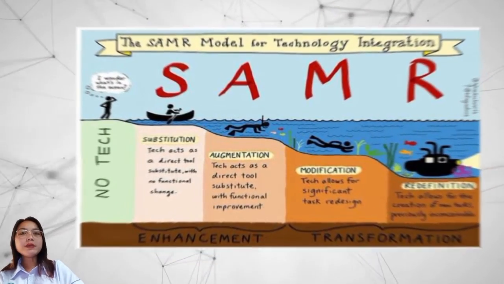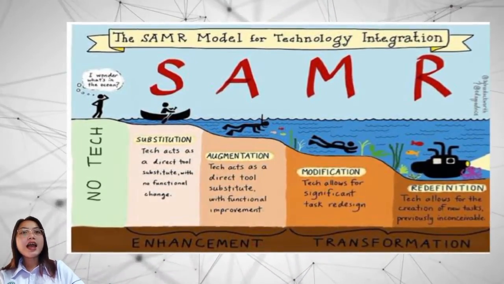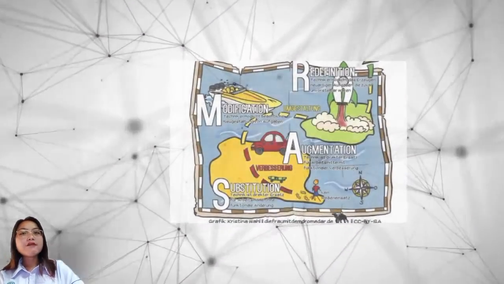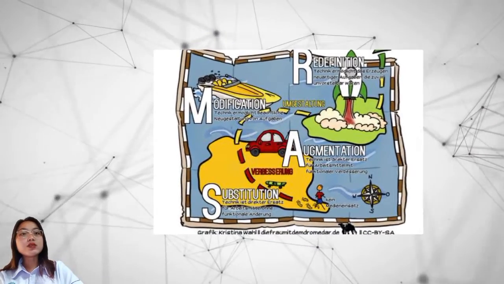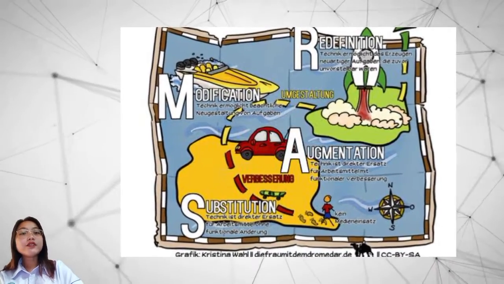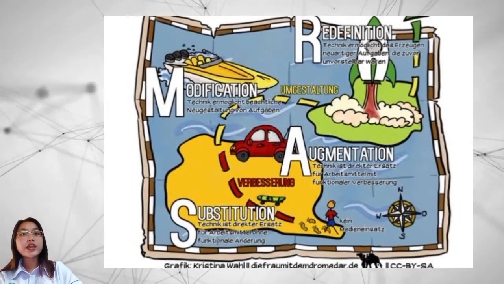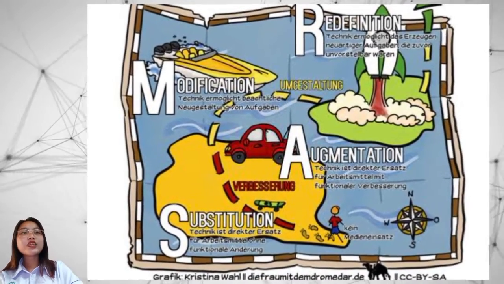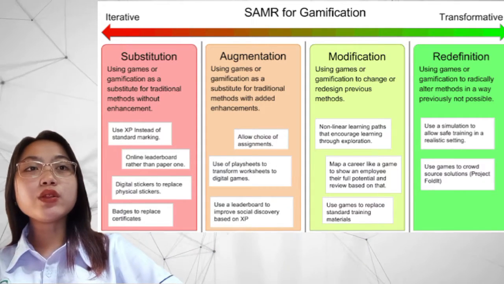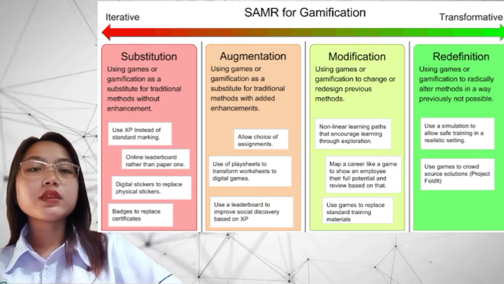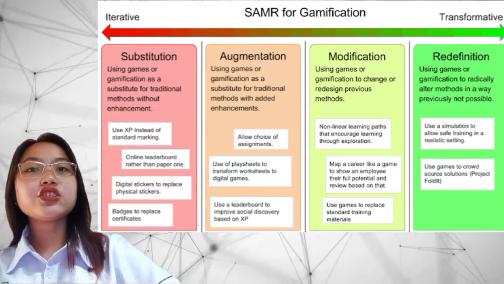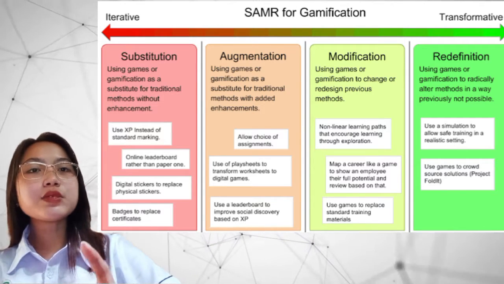And A for augmentation. Technology acts as a direct tool substitute with functional improvements. M for modification. Technology allows for significant task redesign. And R is for redefinition. Technology allows creation of new tasks previously inconceivable. This model can help educators think about the role of technology in supporting learning. It was created to share a common language across disciplines as teachers strive to personalize learning and help students